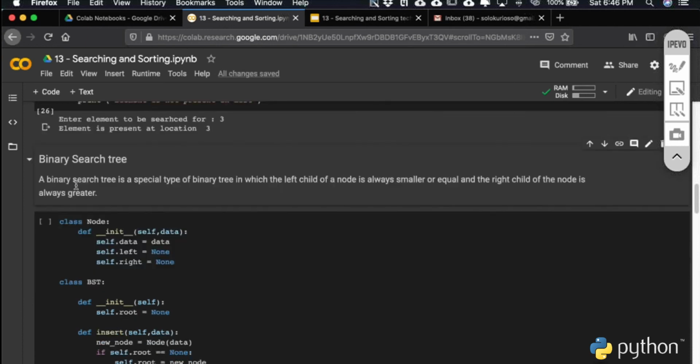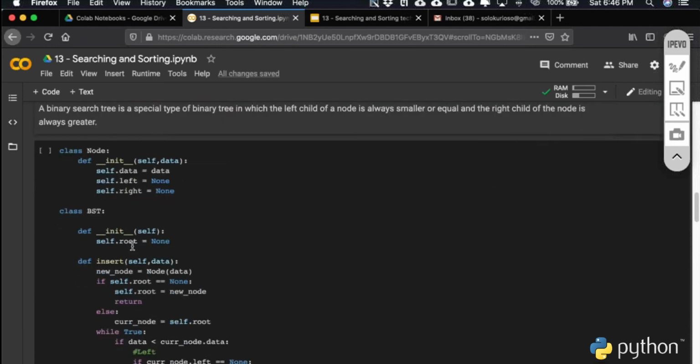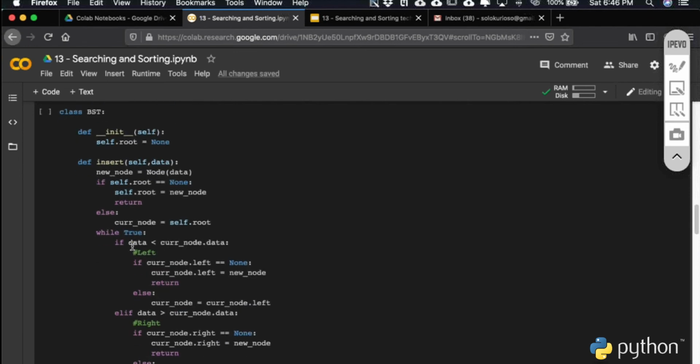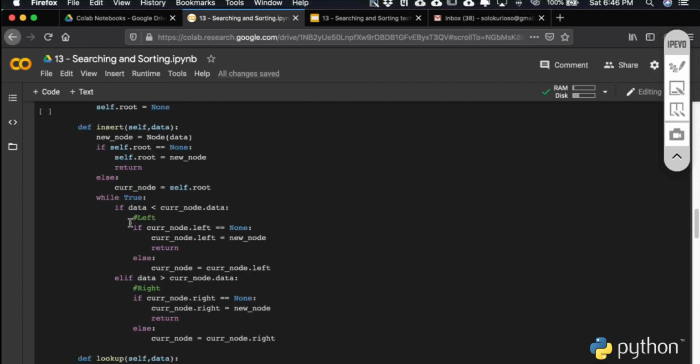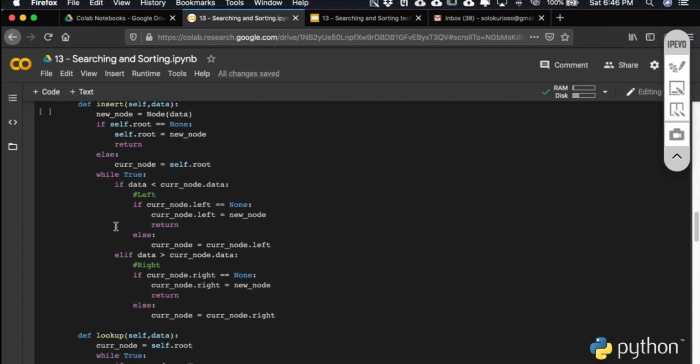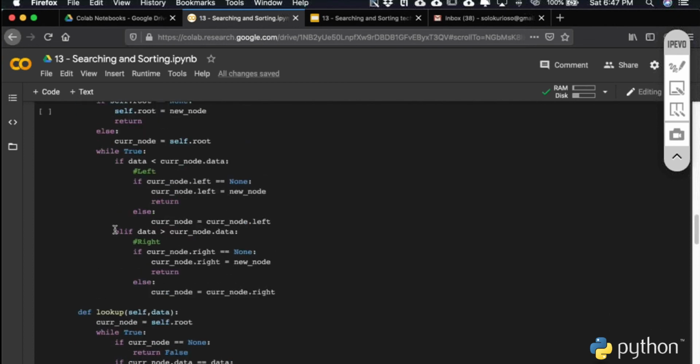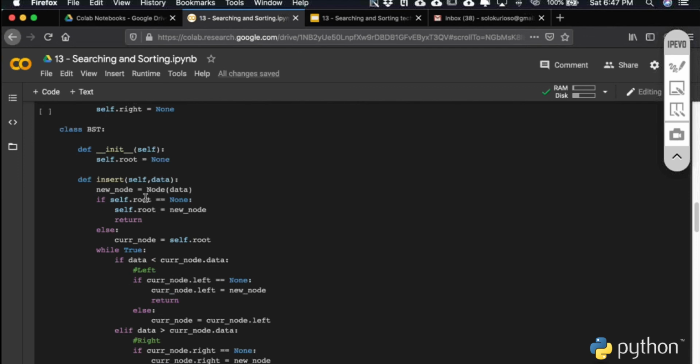So here we create a binary search tree data structure. I'm leaving this for you because once I upload it, you can go through it. Yesterday we talked about how we can create trees, how we can insert in a tree, how we can delete from the tree. Similarly, this is the same kind of pattern that we are trying to achieve in this binary tree. The only thing which is extra is that every time you go for insertion, it will take place on the pattern of sorted data, or like I say, on the pattern of a binary search tree.